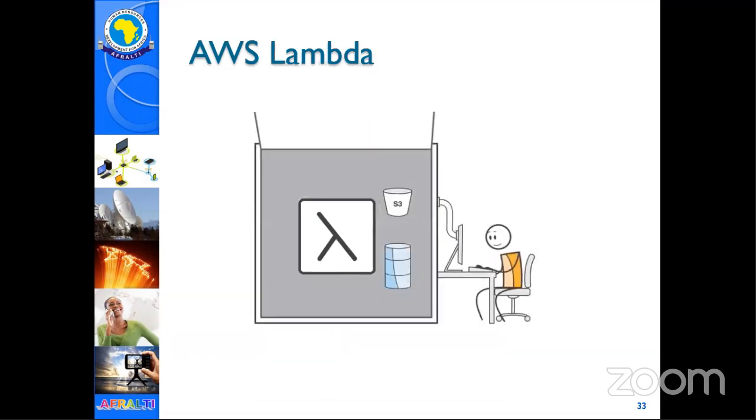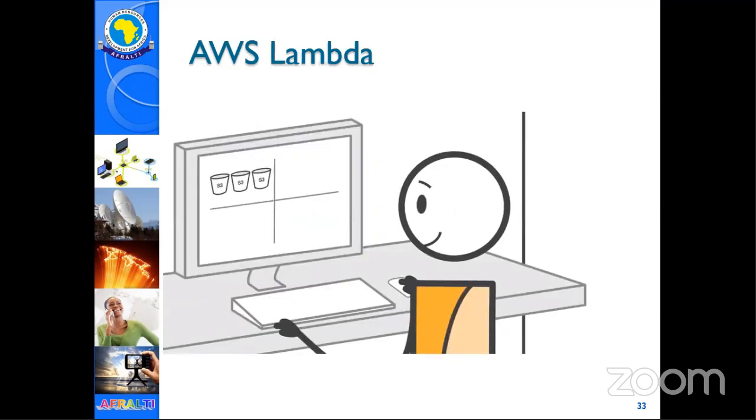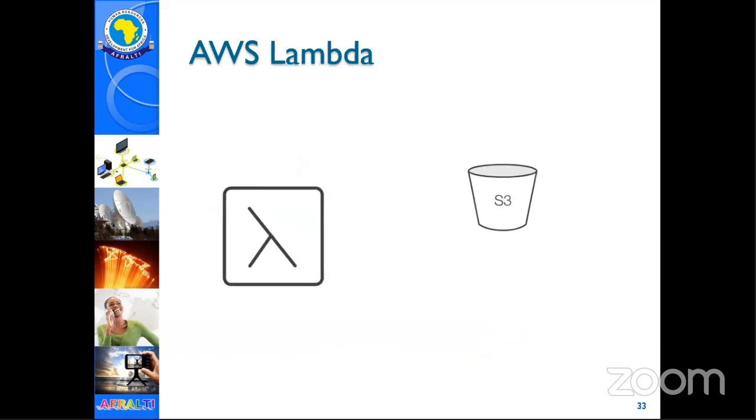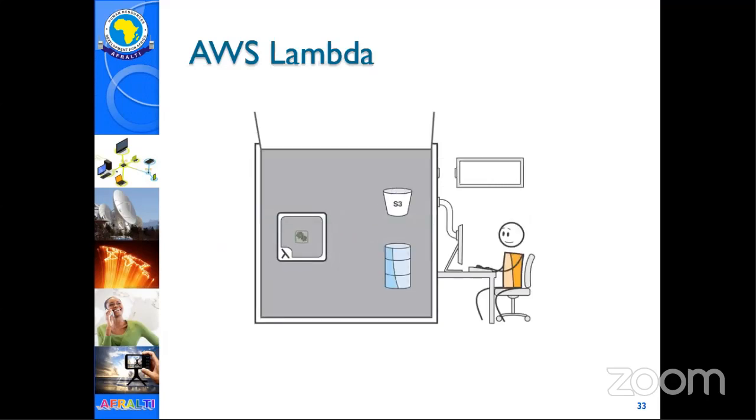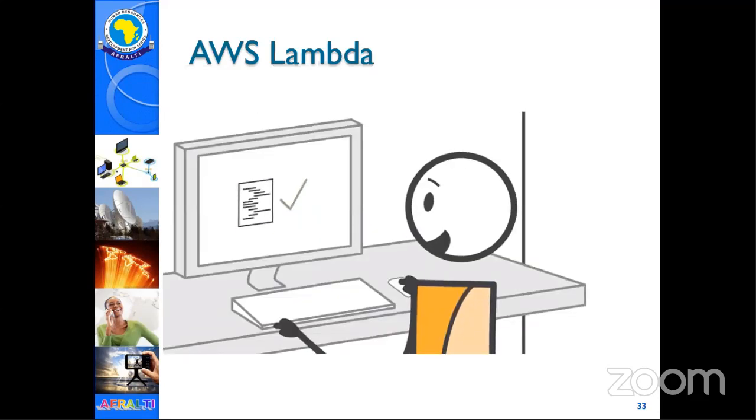AWS Lambda is a compute service that runs your backend code in response to events such as object uploads to Amazon S3 buckets, updates to Amazon DynamoDB tables, data in Amazon Kinesis streams, or in-app activity. Once you upload your code to Lambda, the service handles all the capacity, scaling, patching, and administration of the infrastructure to run your code and provides visibility into performance by publishing real-time metrics and logs to Amazon CloudWatch. All you need to do is write the code.